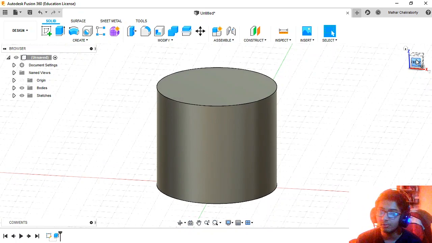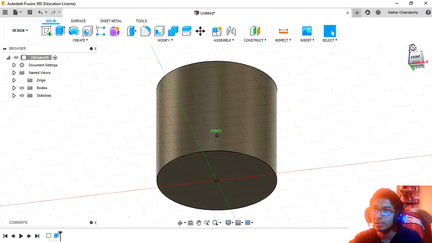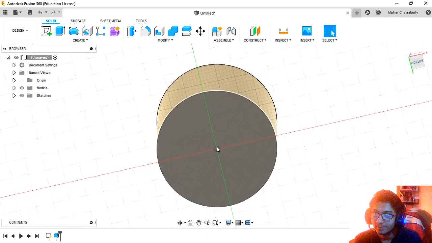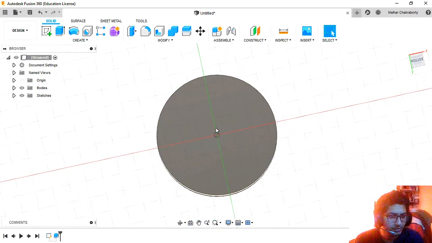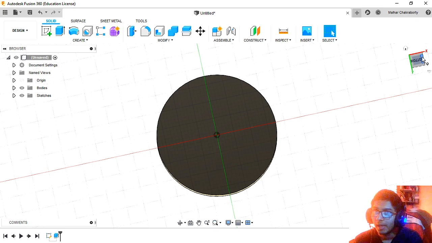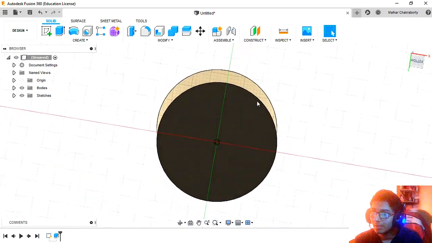For further making the wheel, I will put this video to time lapse again, because you now can do it by yourself, as you know how to do it. I just hollow some part, as I don't need a solid cylinder here. So just extrude a shape in here for the motor shaft, drill a hole in here, and then cut some shapes in here, as I don't need a solid cylinder. This will make the shape heavy also, and it will be a misuse of the PLA filament, which I